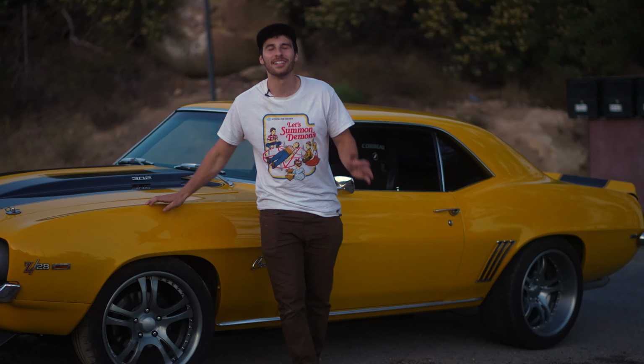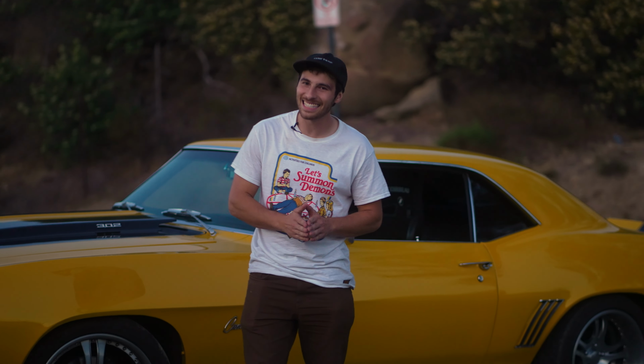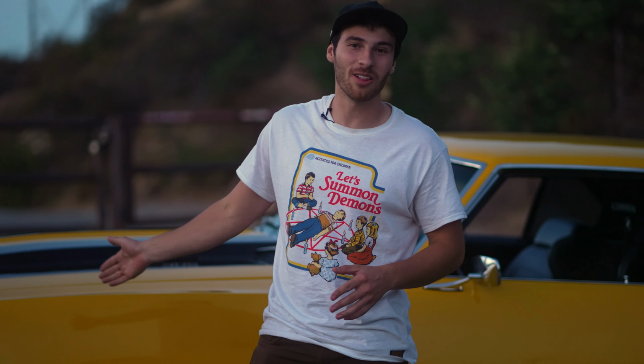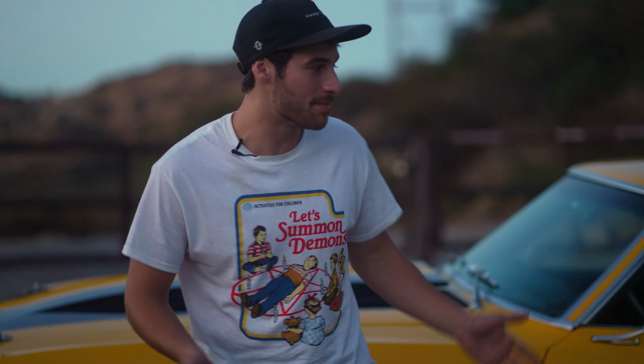This is my dream car. It is a 1969 Z28 Camaro. My friends call it Bumblebee, and I get it. Sometimes I wish it were a Transformer, but I call it Mark, and I will tell you why in a minute. Now, my friends' dream cars are like Ferraris, Lamborghinis, and that's cool and everything, but my parents raised me